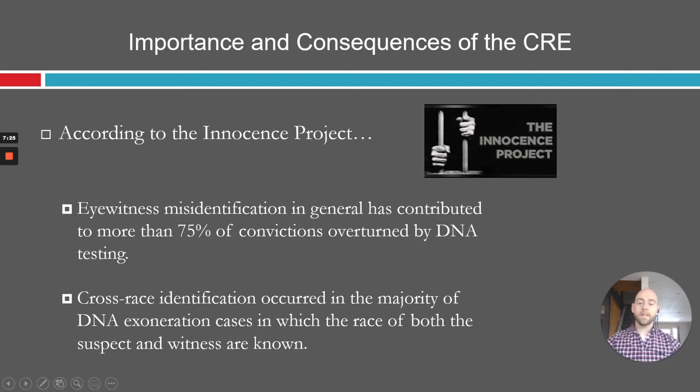And in the cases where they know the races of both people involved, the victim and the convicted person, cross-race identification happens in most of these instances at a disproportionate level. So just another example of how racial bias can infect the different processes that we're involved in. So again, I like to start out this memory unit by really trying to drive home how important some of these processes can be and how they might be affected by unexpected types of biases.